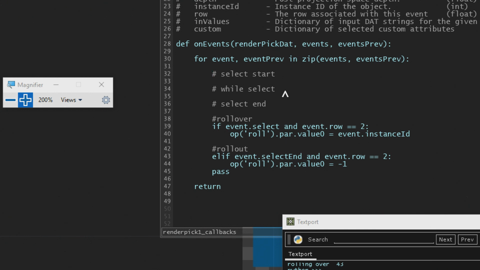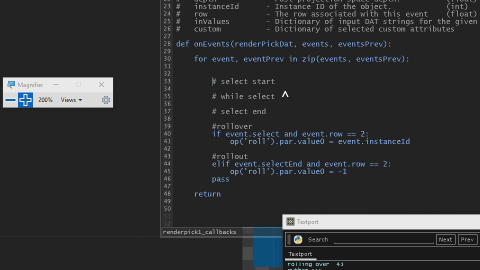Okay, and now we'll have to do some ifs here, because the clicking only happens in the first row of our event. So let's make sure we only pick up this from the first row: if event.row equals 1.